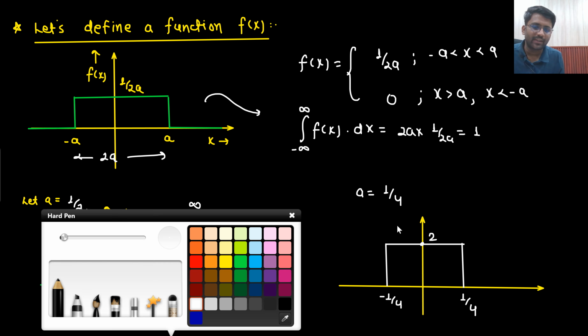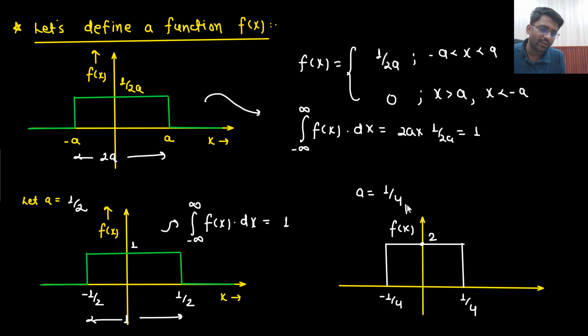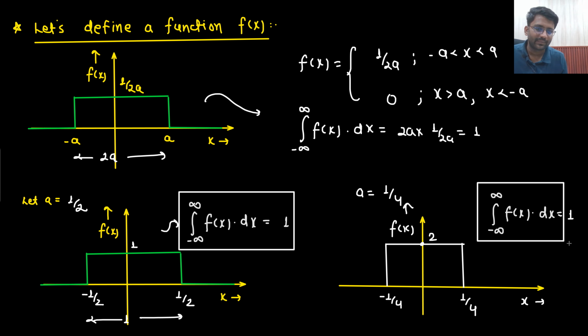So do you notice one thing, what I am doing? I am making sure that area always remains 1. What is the area? Area is 1. Always I am making sure one thing, the area is 1. Now did you notice one thing, that when I reduced this width, when this width was 1,